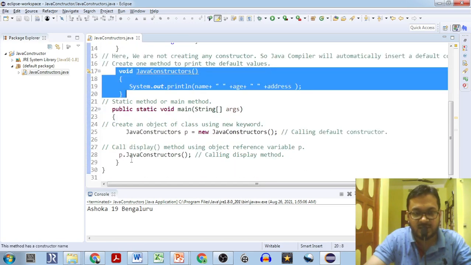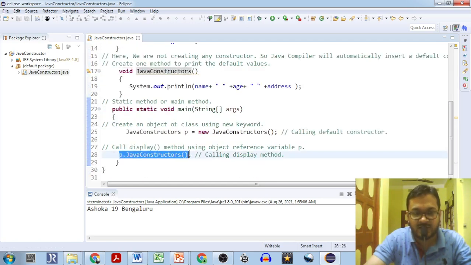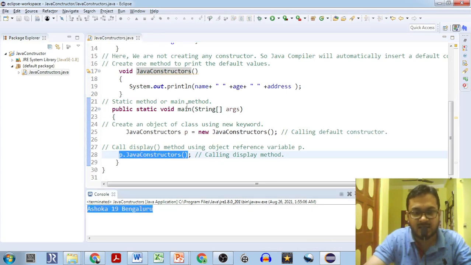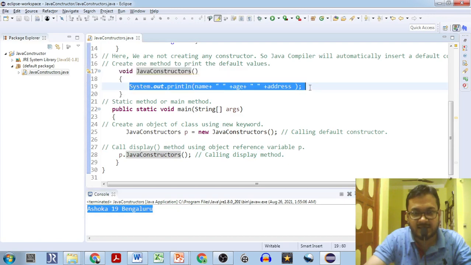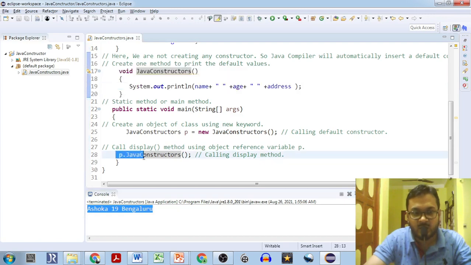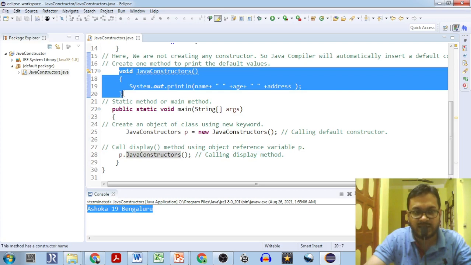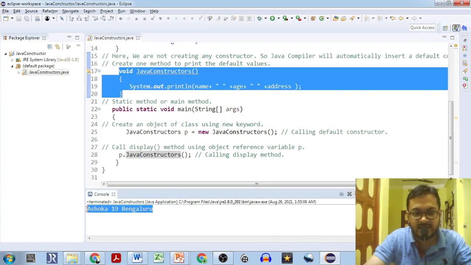This is a method. So if you call this method, Java constructor, it will be considered as a method in Java, and it is doing the same thing. We have changed the name of this method, and the body of the method is executing. When it goes to line number 28, the Java control jumps from line number 28 to lines 17 to 20. And then this result is being fetched out.